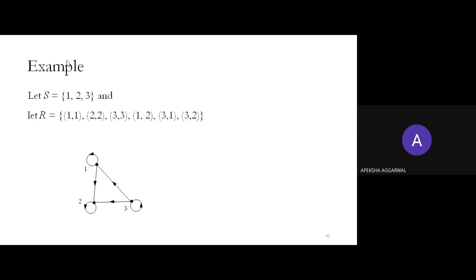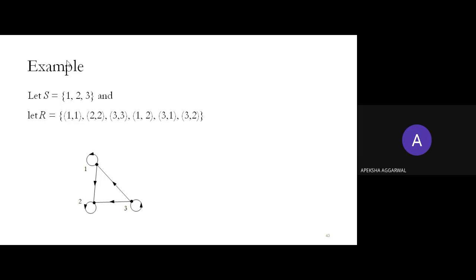Now you need to check whether it's reflexive. Yes. Whether it's antisymmetric. Why? (2,1) is not there, so it is antisymmetric. If (2,1) were there, it would be symmetric. Okay. (1,2) and (2,1) both being there means symmetric, and (1,2) is there, (2,1) is not there, that means antisymmetric. And what is asymmetric? (1,1) should not be there, (2,2) should not be there. So this is antisymmetric, right? And it is transitive.